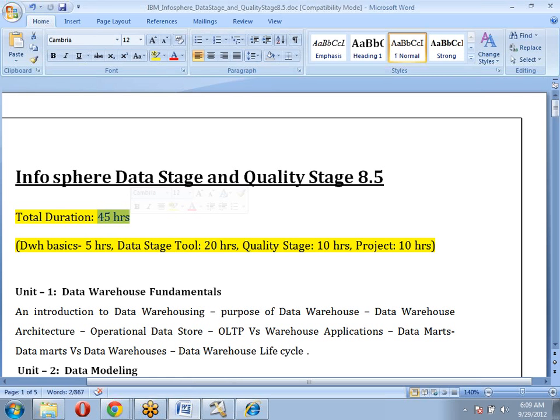We are going to focus on important stages, not all the stages. Otherwise we are going to waste some time. For example, if we sit in class today, the debug and development stages are very simple stages. There is no need to spend time on each and every stage. With one example, we can design one job, and in that job itself we can discuss four or five stages.